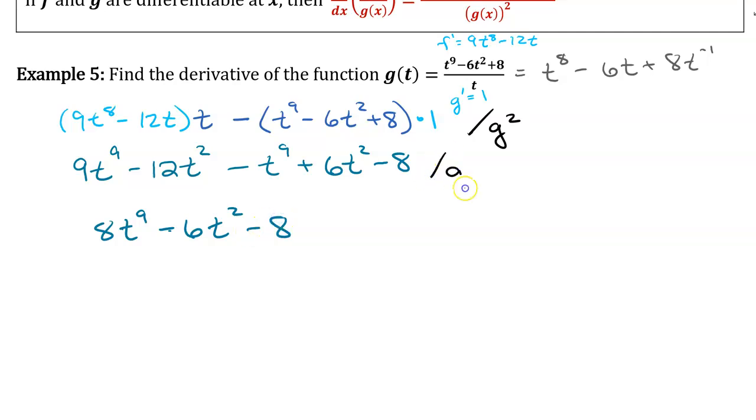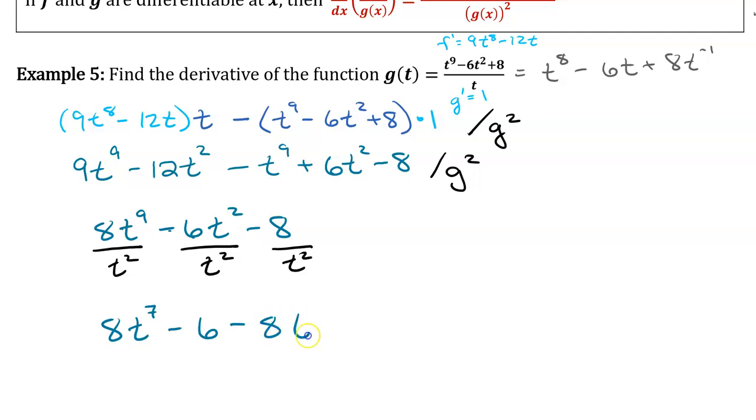And that is still all divided by g squared, which in our lovely case g is t, so g squared would be t squared, and I'm dividing by a monomial so I can simplify this, and that will give me a lovely 8t to the 7 minus 6 minus 8t to the negative 2,